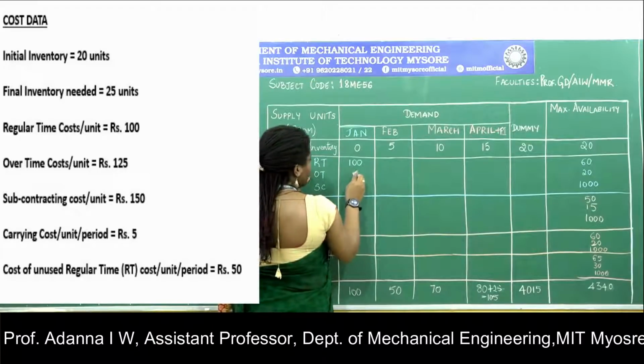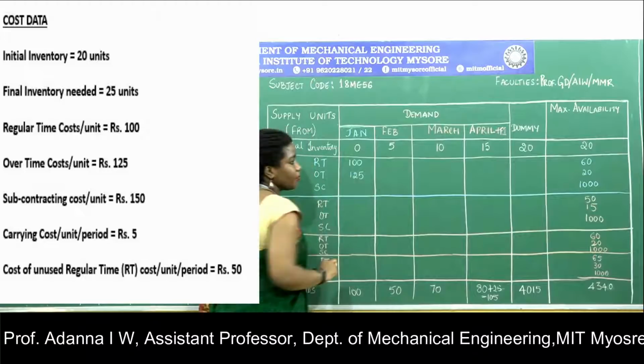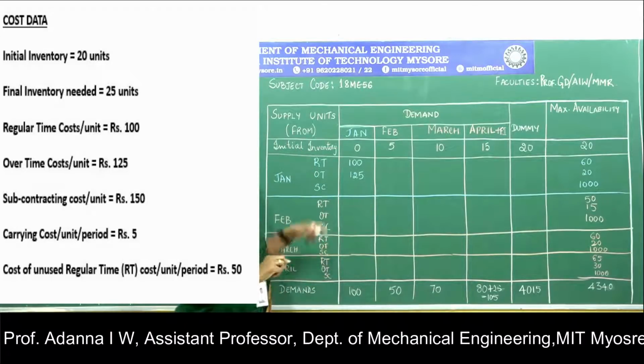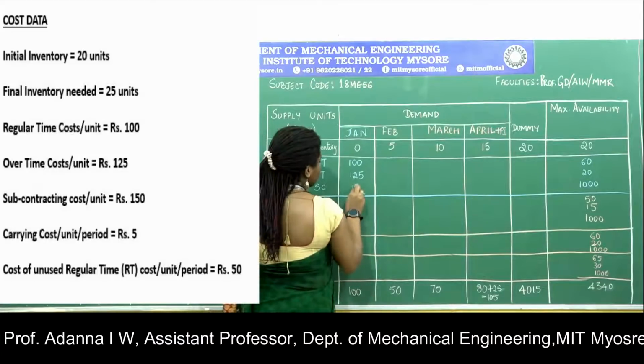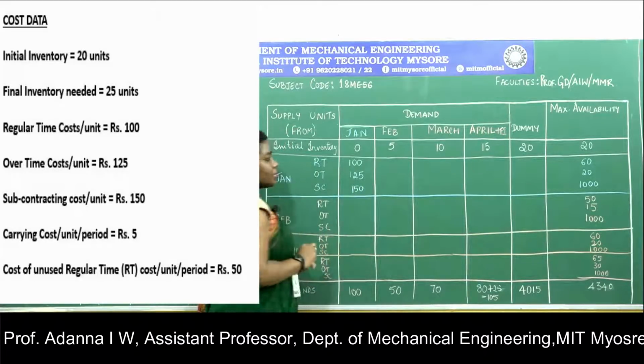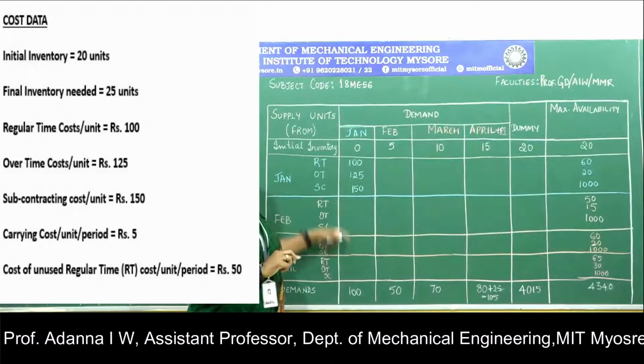If produced using overtime, it is 125 rupees. If produced using subcontracting, it is 150 rupees. Please understand that every unit cost mentioned here is a per unit cost. So per unit in regular time for the month of January, it is 100 rupees, 125 for overtime and 150